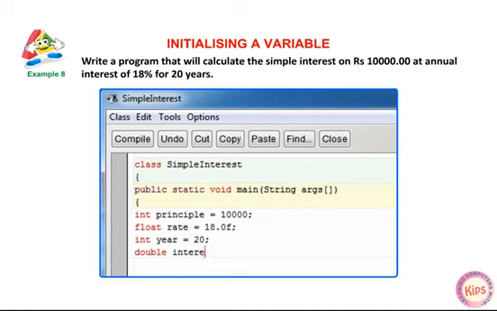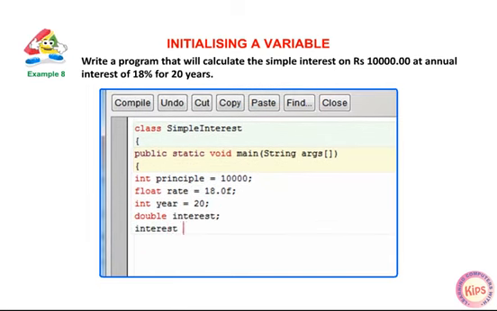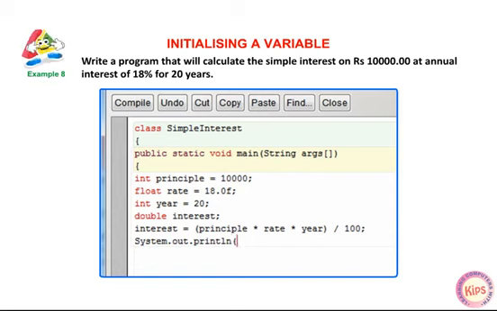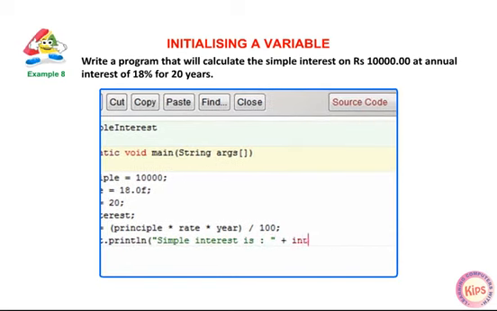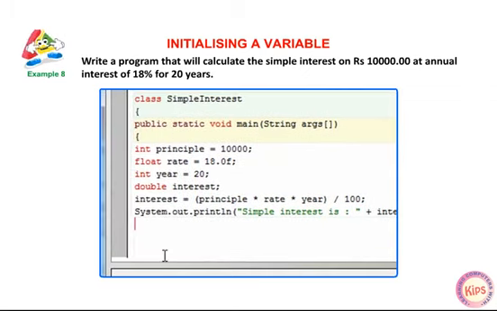double interest; interest = (principal * rate * years) / 100; System.out.println("simple interest is: " + interest); } }